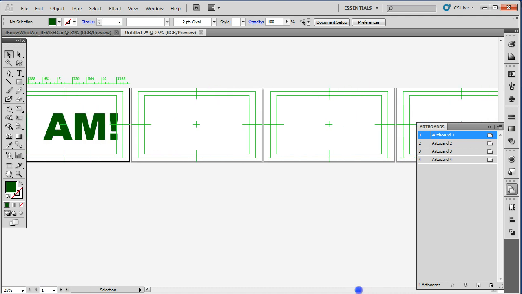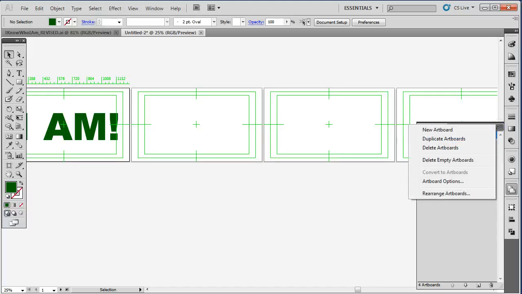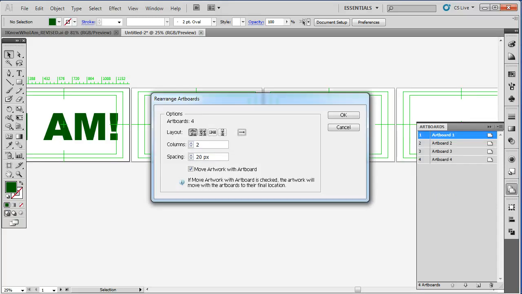Now this is going to be simple because it's a 4-board animation. What happens if this thing was like 20, 30, 40? What if this was a really long video? I don't want to keep scrolling to the side. You can change the view of your artboards. So right here there's a little drop-down menu, and you're going to see rearrange artboards. So I'm going to go rearrange artboards, and you might decide, okay, I'm going to have them zigzag across, or